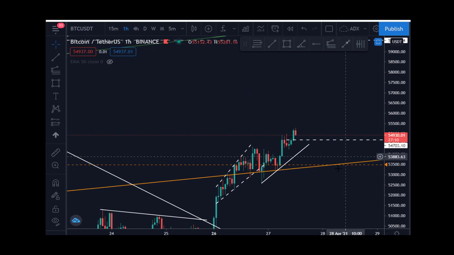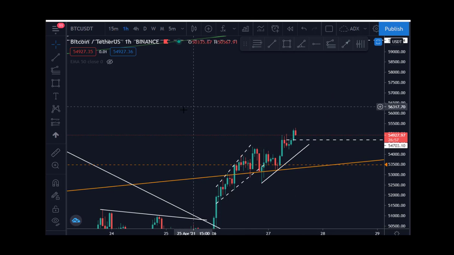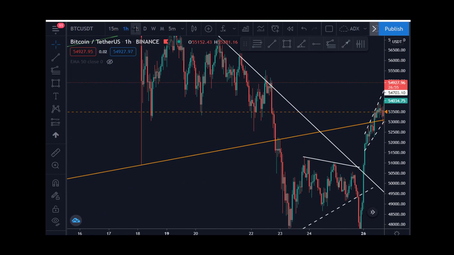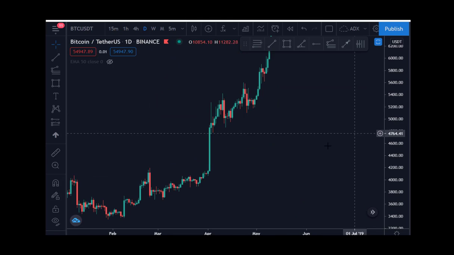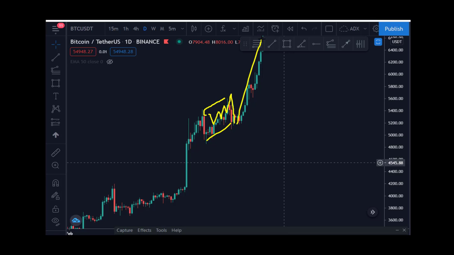So one thing we are expecting now is it might be a very sharp sell-off here, like this, and there we go. So expect something like this. We have seen this happen. Let me show you something like this that happened in the past. There's a flash sell-off. If you go to daily, that was in the past. You can see similar to what we are seeing now, a fast sell-off. You can see, and there we go.